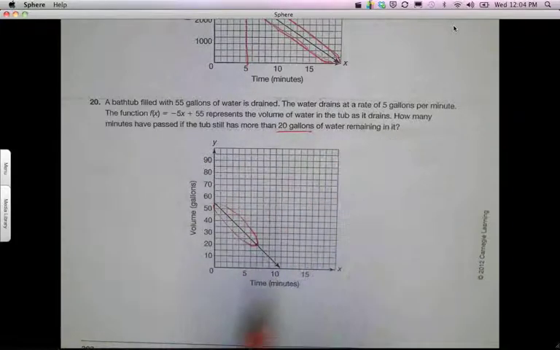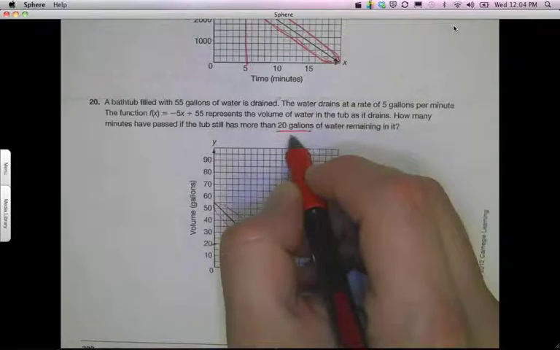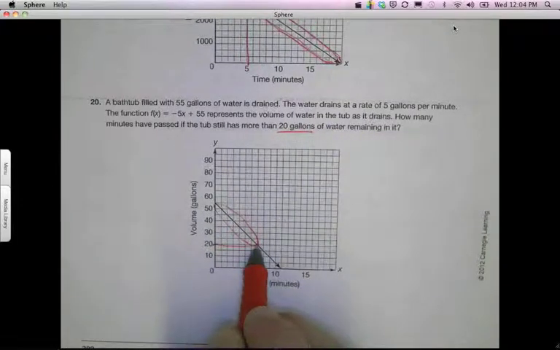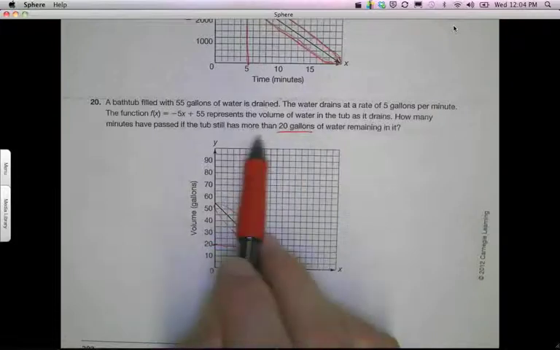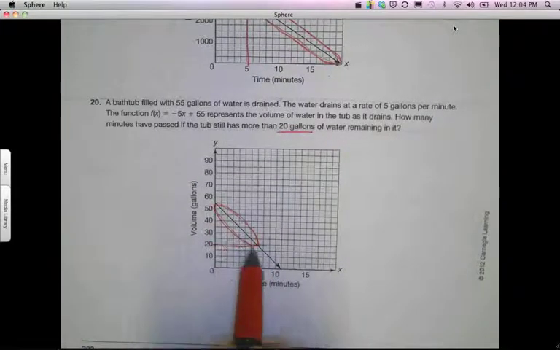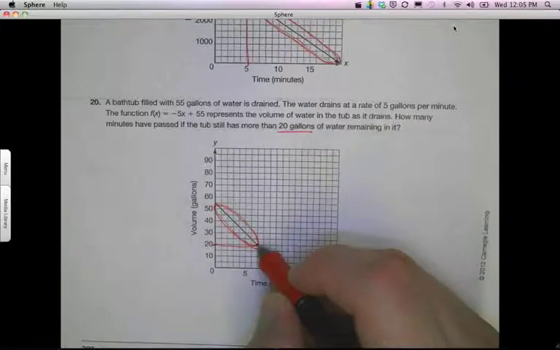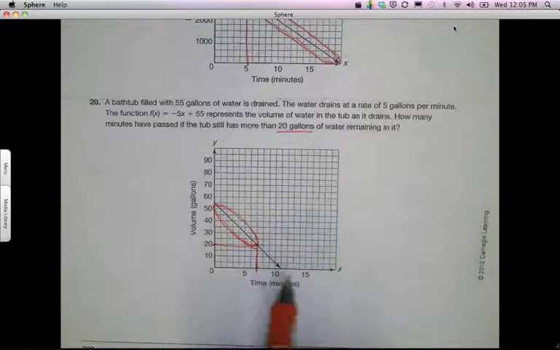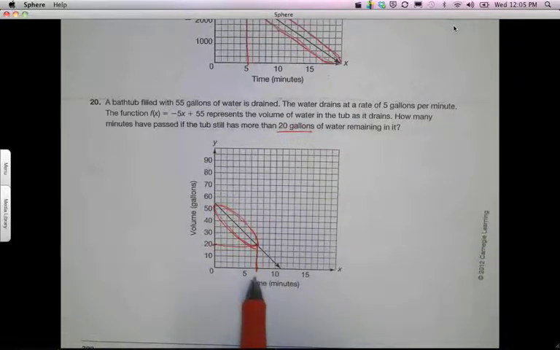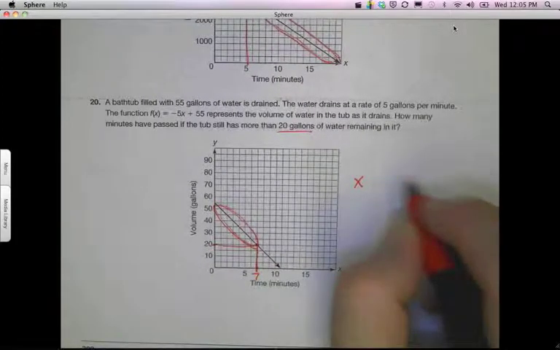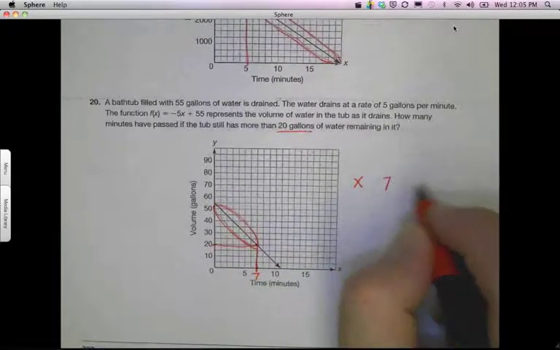Well, if you go over here to 20 gallons on your y-axis, you can come across here to that point on your graph, and if you want more than 20 gallons, then you want to circle everything above that 20, which, if you follow this down onto your x-axis, is going to be how much? 7. So here, the inequality that I write has an x and a 7,